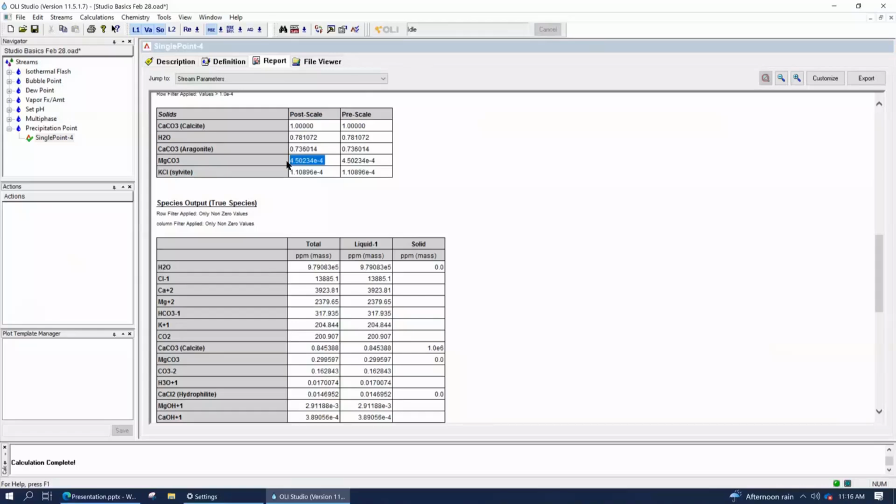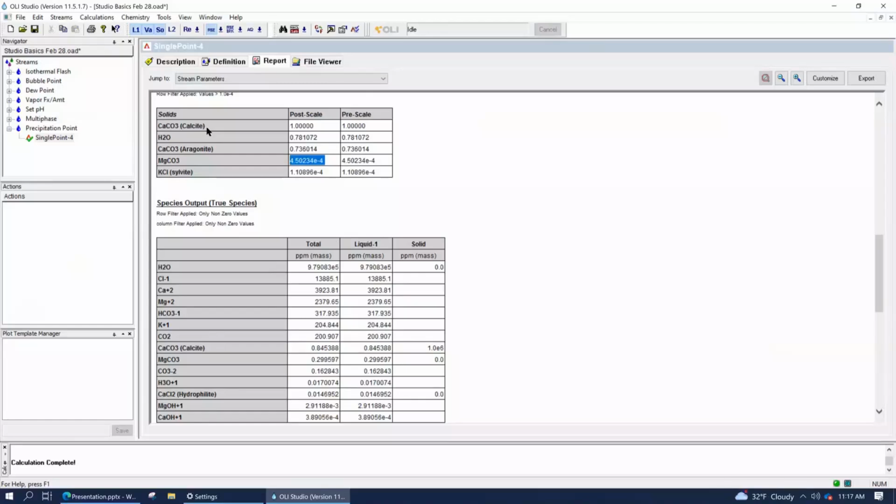But the fun thing about solid liquid chemistry is that there's always what they call the competing ion effect. So I may add more magnesium carbonate to the system, but that carbonate will probably react with calcium to form more calcite. So I may in fact never precipitate magnesium carbonate because there's too much calcium in the system. I'd have to get rid of all my calcium before magnesium carbonate starts to precipitate.